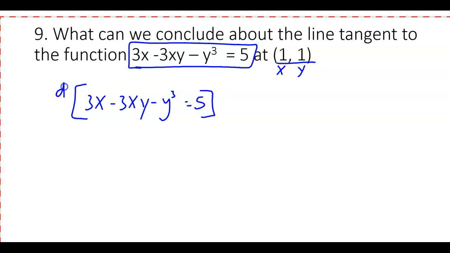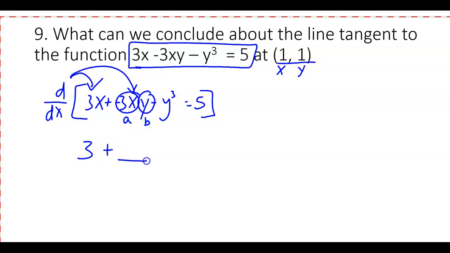It's an implicit function. So when you take the derivative of something with an x in it, you just take the derivative like normal. But when you take the derivative of something with a y in it, you're going to give it a y prime. All right. So I'm going to rewrite this a little bit just to make it a little bit easier to understand. I'm going to rewrite that as a plus a negative 3 instead of minus 3x. I'm going to think of this as my a and this is my b, and we have a product rule going on there. So a, b,